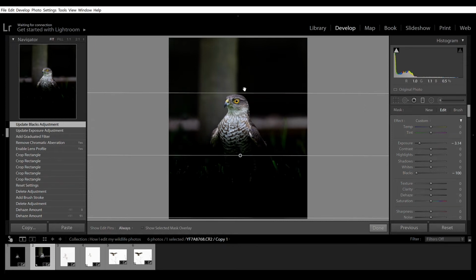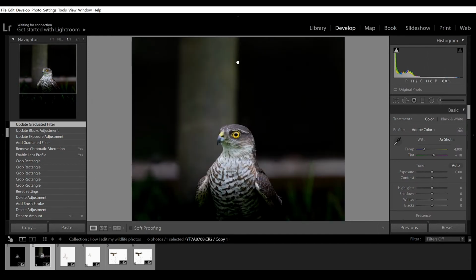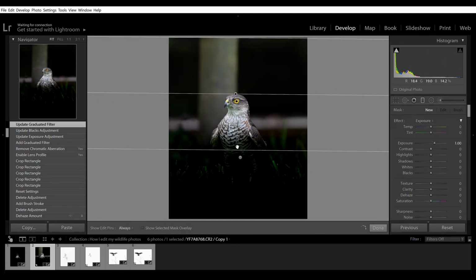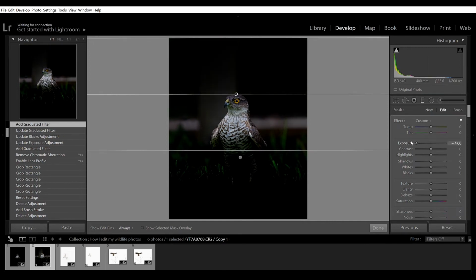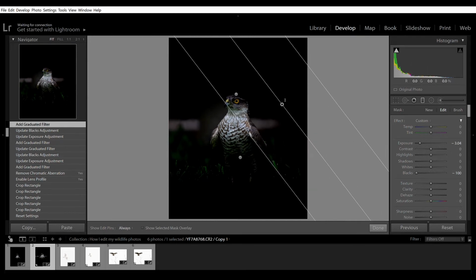Don't worry, because we're going to add another graduated filter, and this time we're going to take it from the top. Whoops, I came off the tool. There we go. I'll take it from the top down, and we're going to do the exact same thing. Okay, but we don't want to lose too much detail around the head area, so yeah, we'll leave it there, and then we'll just bring in another filter from the top right hand corner. That made no sense, but from up there, and we'll